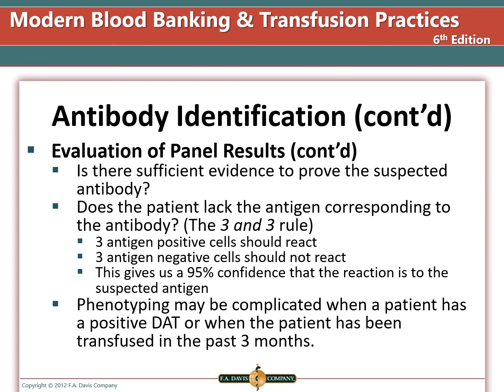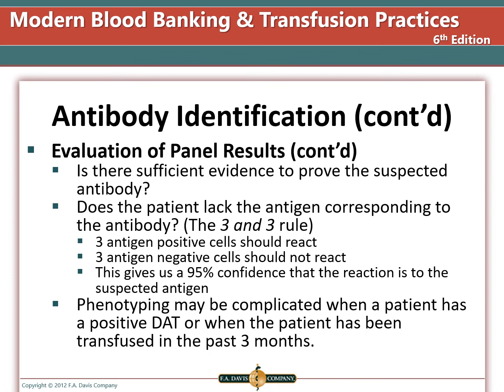Once we have done our rule outs, we must do our inclusion. We must have sufficient evidence to prove that the suspected antibody is present. If we do an antigen type on the patient, they should lack the antigen corresponding to the suspected antibody when the autocontrol is negative. We must then apply the 3 and 3 rule. There must be 3 antigen positive cells that react with the patient's plasma, and there must be 3 cells lacking the antigen that do not react. This will give us a 95% confidence that the antibody that is reacting with the screening or panel cells is